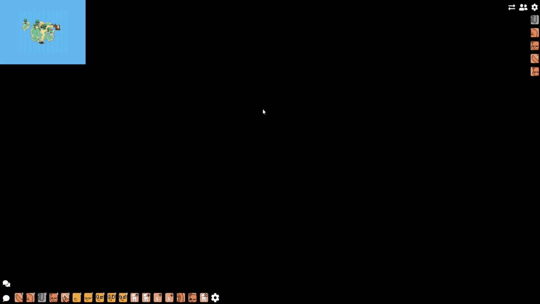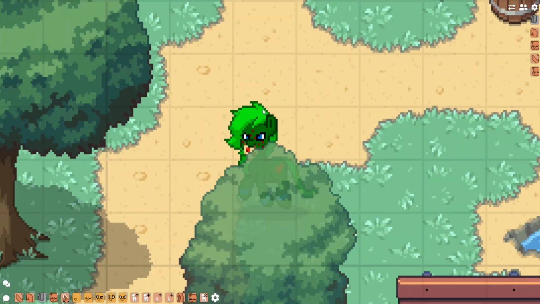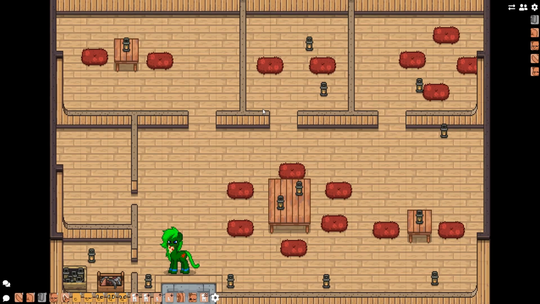There I am back on this island now. You can just zoom out an insane amount. You can zoom in an insane amount, and the reason why is because you can increase the size of your character. But anyway, if I go over here to the party house or whatever, there's no unique furniture or tiles or anything like that, but you do have some unique looking